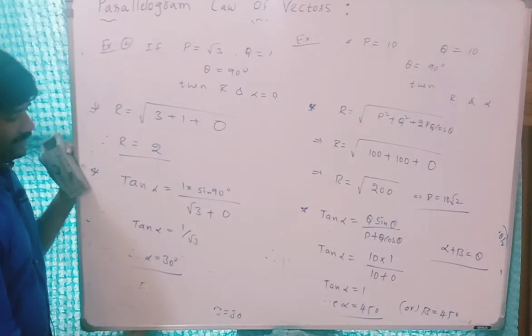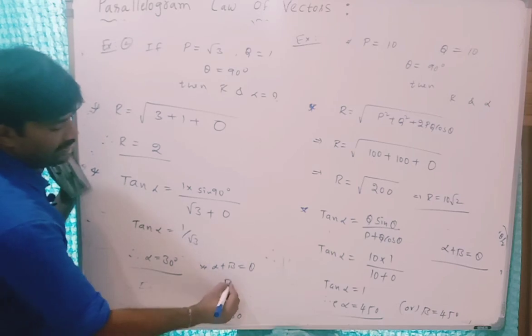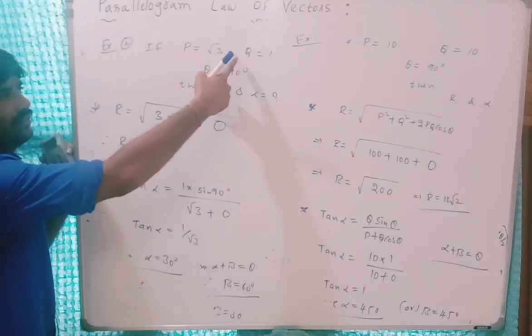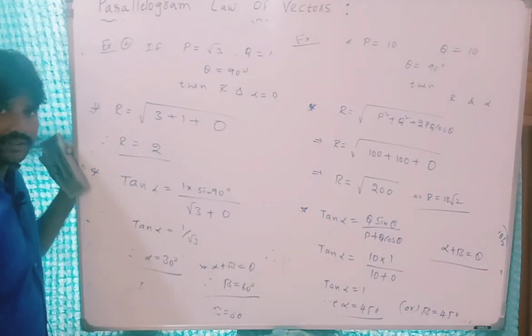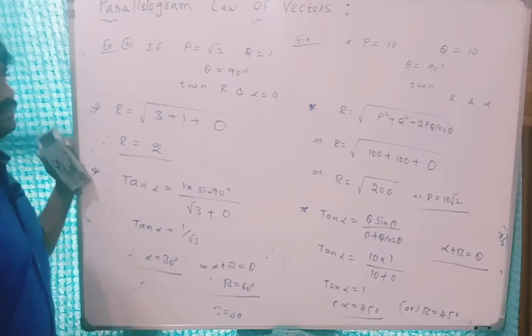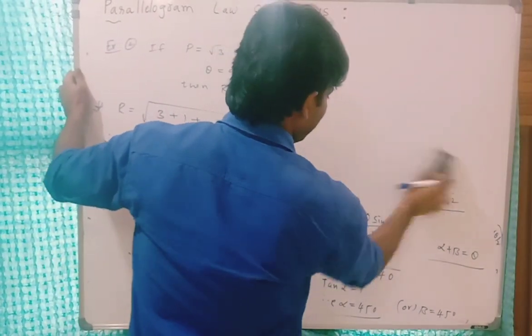Then alpha plus beta is theta, so beta is equal to 60 degrees. From this you can understand the resultant vector is always closer to the bigger vector or larger vector. So from this example you can understand,